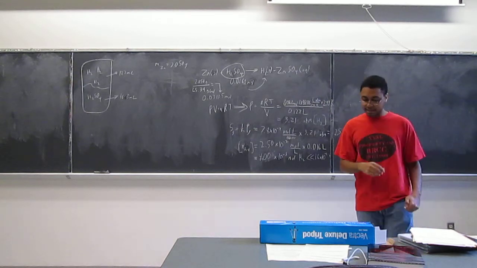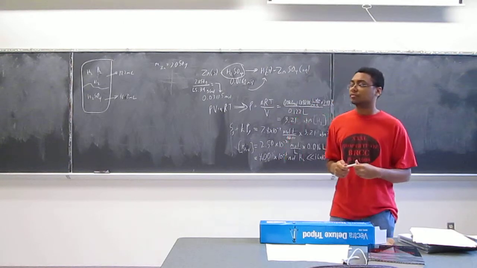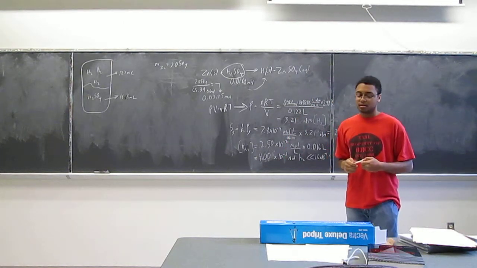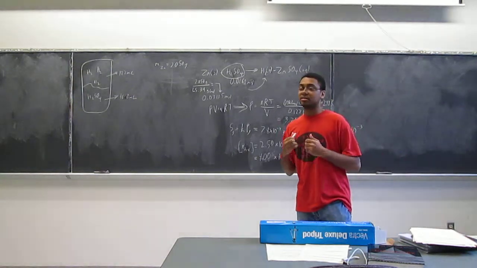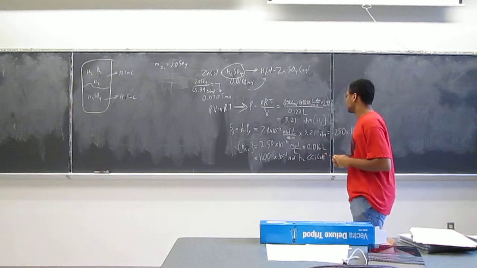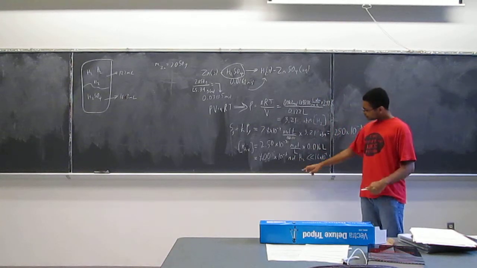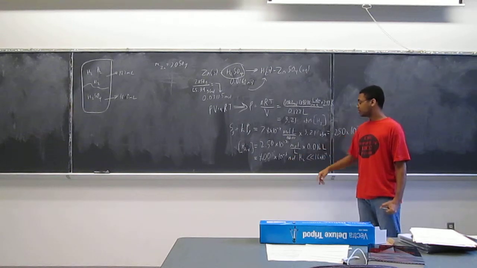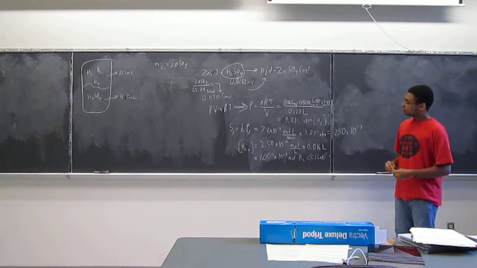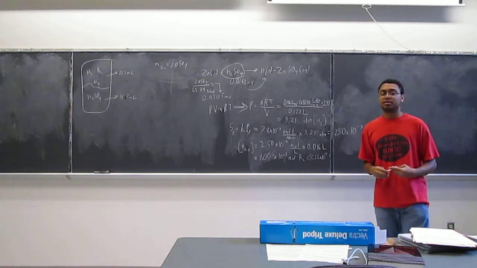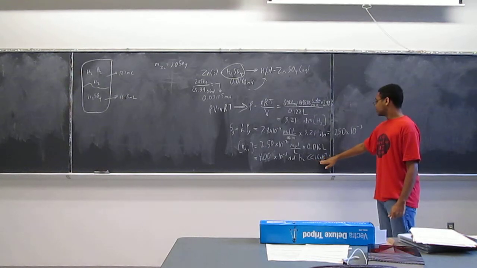Now, in the last part, it asked you, is it reasonable to ignore the amount of dissolved hydrogen and assume that all the hydrogen had in fact turned to the gaseous phase and did not stay dissolved? Well, if you compare the 4.00 times 10 to the negative fifth moles that are dissolved to the total amount of hydrogen that you have actually created in your reaction, you'll see that you have 1.6 times 10 to the negative 2